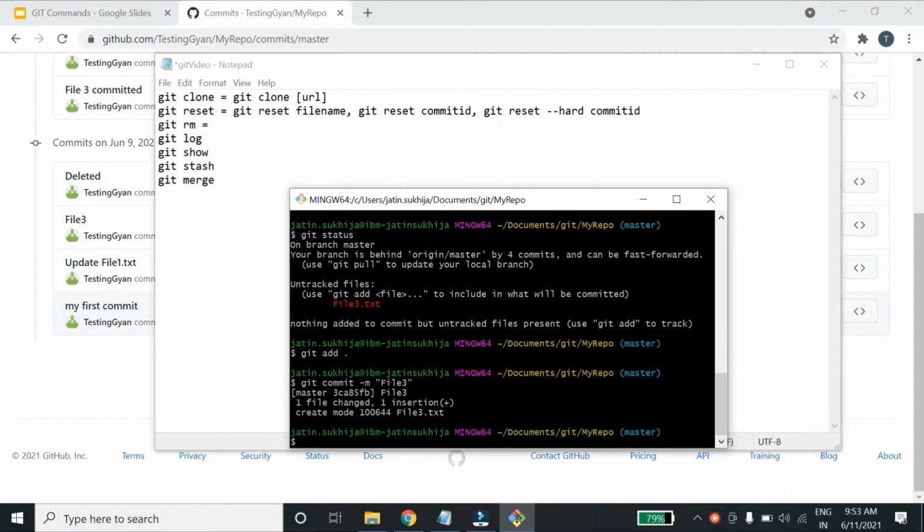Okay, now if you see, if I do hard reset over here, what it will do? So basically hard reset, this command discards all the history and goes back to the specified commit and deletes all the things which are there after that commit. So it will not preserve this file locally as well.